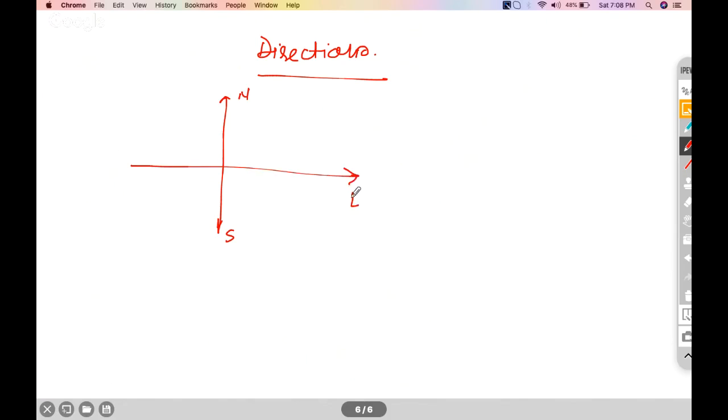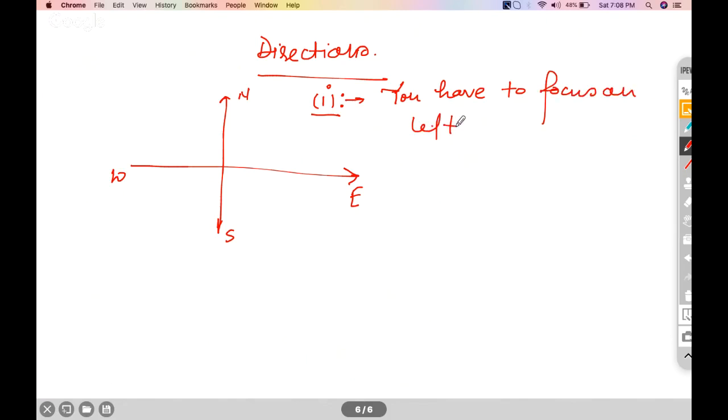And which is directions. So direction sense, perhaps we all know this is north, this is south, this is east, this is west. Now one thing properly we should look at is that you have to focus on